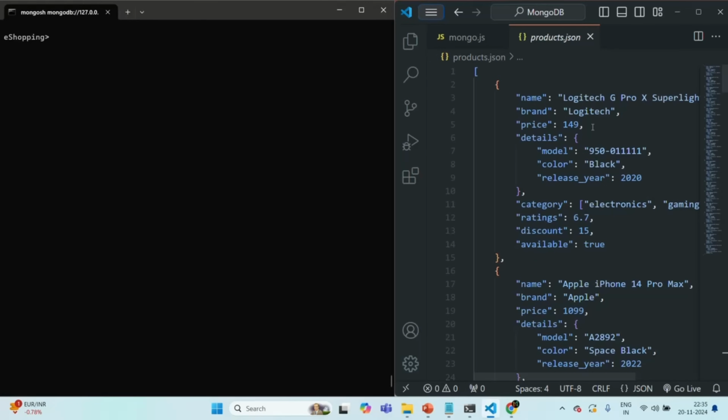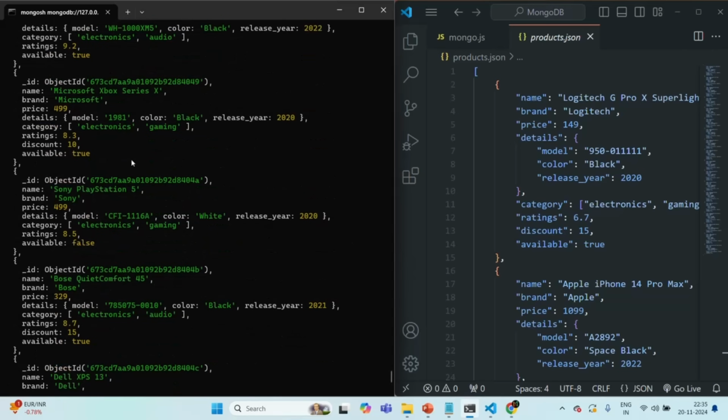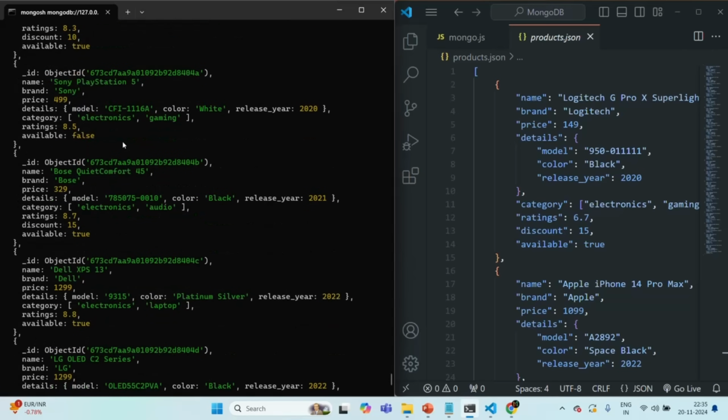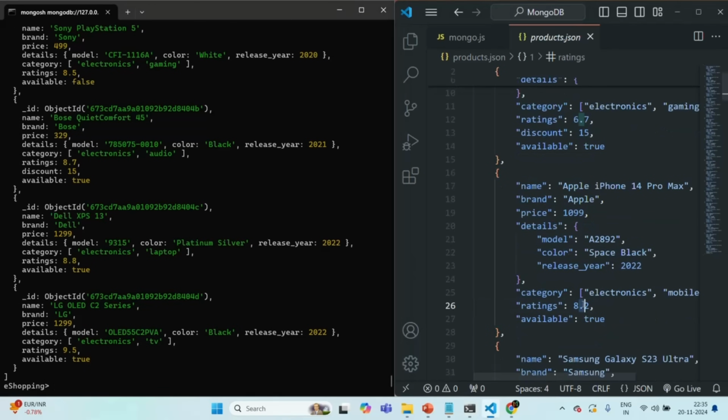And if you remember, in the last lecture of the last section, we imported this products.json file into the products collection of this e-shopping database. So if I go ahead and say db.products.find, it is going to return us all the documents from the products collection, as you can see. So what I want is, from all these products, let's say I want to filter all those products where the rating is, let's say 8.2. Okay, so I want to filter all the documents from this products collection where the rating of the product is exactly equal to 8.2. For that, we can say